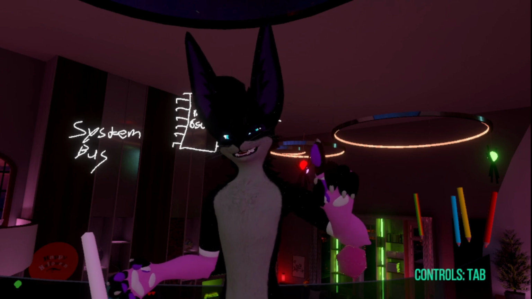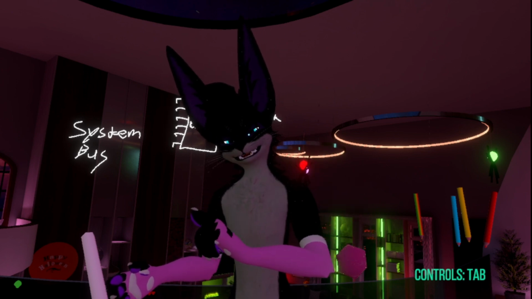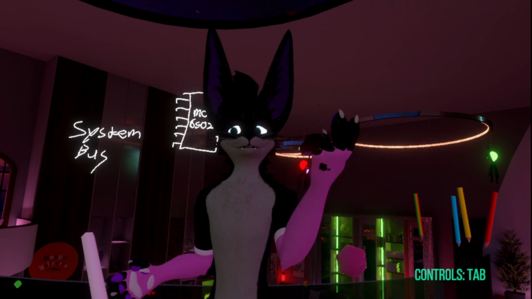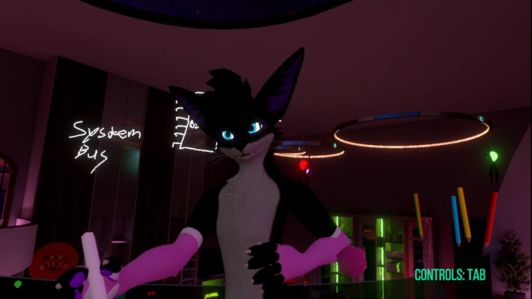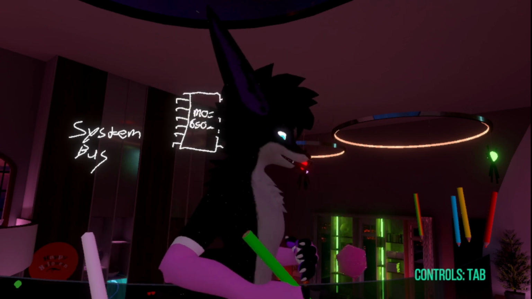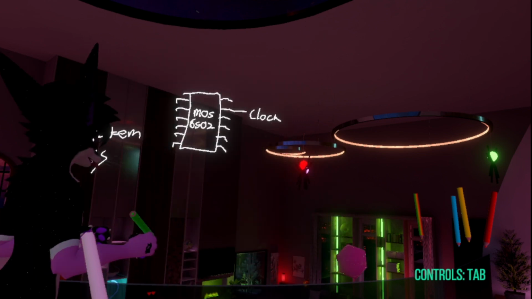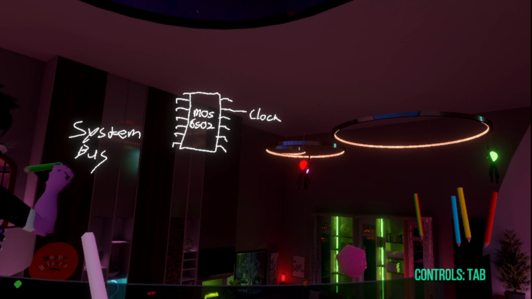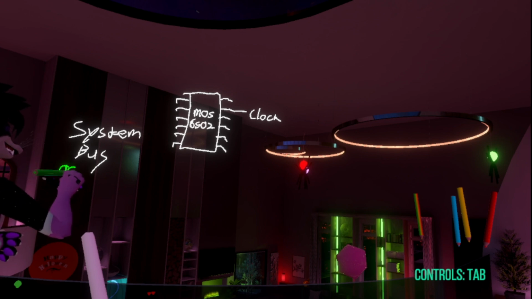But how does it know which device to communicate to? Well, that is the job of the address bus.